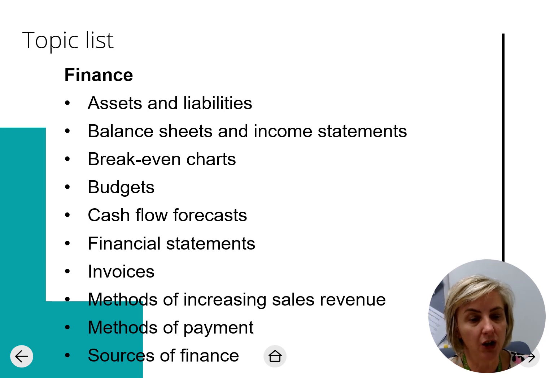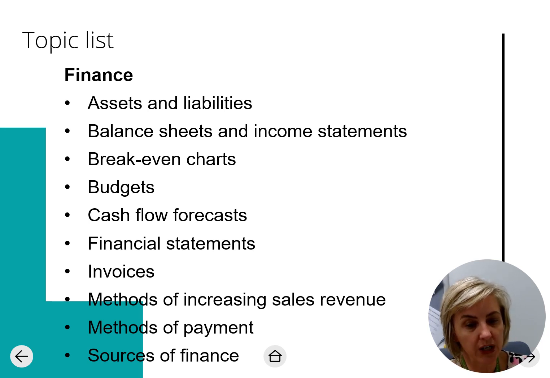The finance side of this looks at company assets and how they have liabilities against those, so often costs and risks. We look at balance sheets and income statements, so that generally is basic maths, and I'll show you a couple of questions in a moment. Thinking about how we can price products so that we know what the break-even point of sales would be in terms of making sure that a business is viable and isn't going to make a loss. Thinking about how that flows into the budgets and forecasting for your business to be successful.